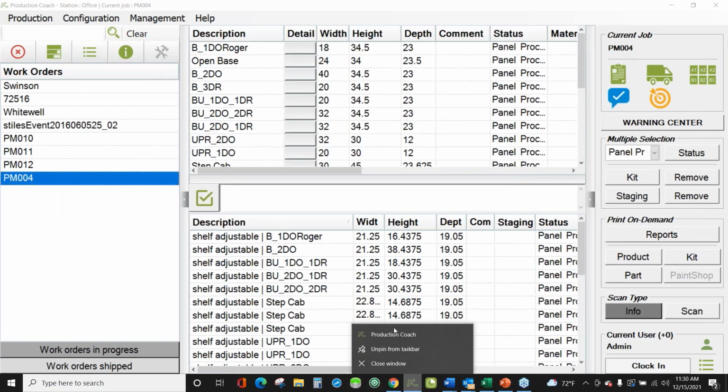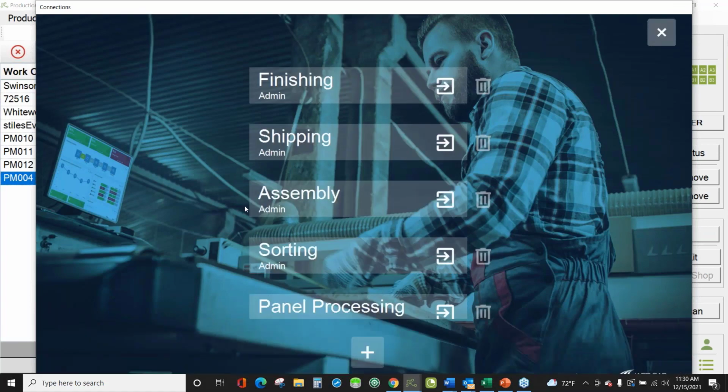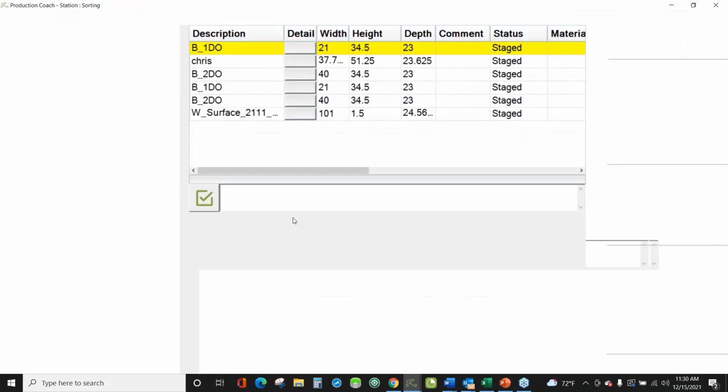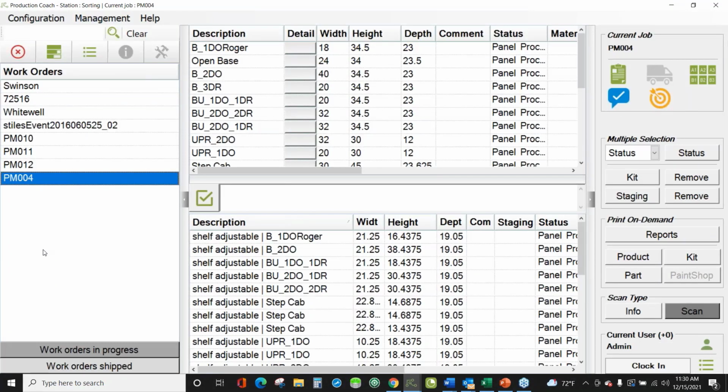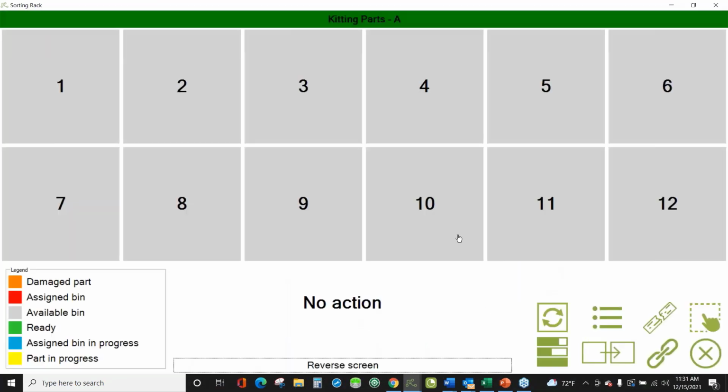I'm going to open up another instance of Production Coach, and I'm going to open up this time the sorting station. And so let's assume at this point that we've got some parts that are moving through panel processing. And so now we need to start organizing them by product. And so what I'm displaying on screen happens to be